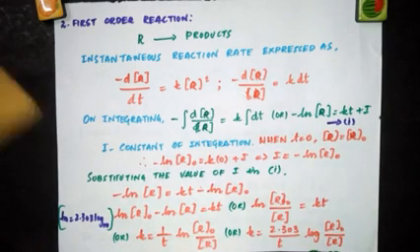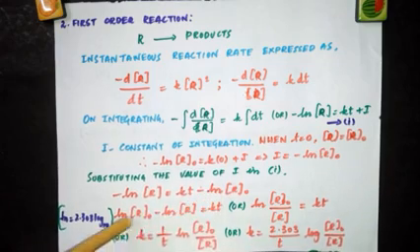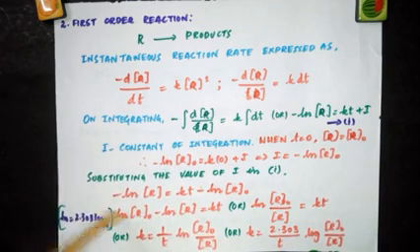Now we are going to rearrange this equation. So we are bringing this ln R naught to this side, so that becomes plus. So ln R naught minus ln R is equal to kt. Just like how we treat log, this ln is nothing but natural logarithm, and ln is equal to 2.303 log to the base 10. We are very familiar with the log to the base 10, and this is the relationship between natural logarithm and log to the base 10. So ln is equal to 2.303 log 10.